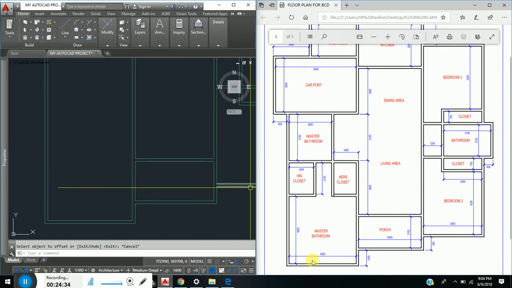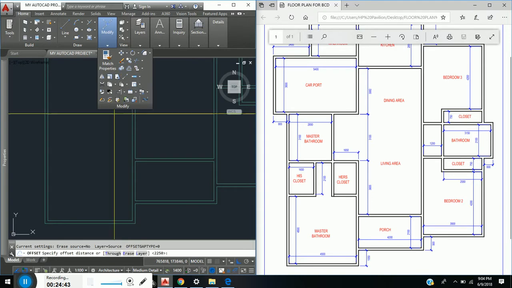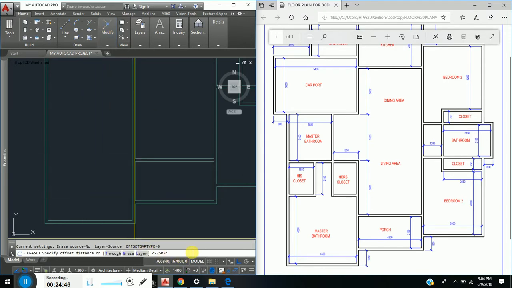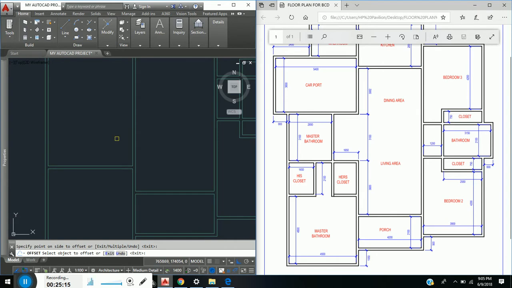The distance of the master bedroom from the front wall moving towards the closet is given as 4.5. So I'm going to be doing an offset of 4.5 plus 150, which gives me 4650. Give an enter, and it is from this wall in this direction. That thereby gives us this wall right here. Behind that, we would have had both closets, his closet and hers, somewhere here and here respectively, and those are equal in depth, having a depth of